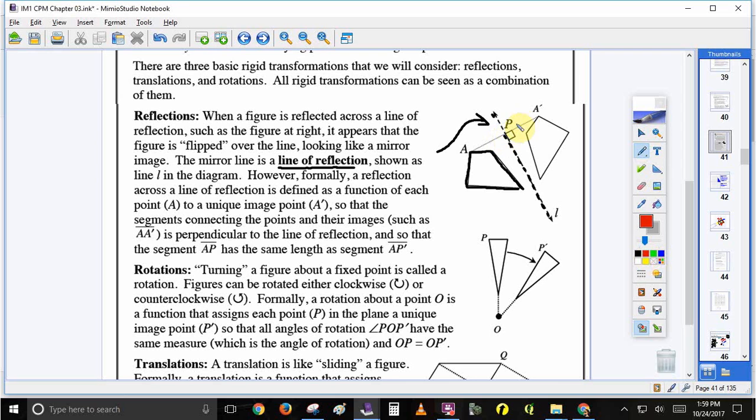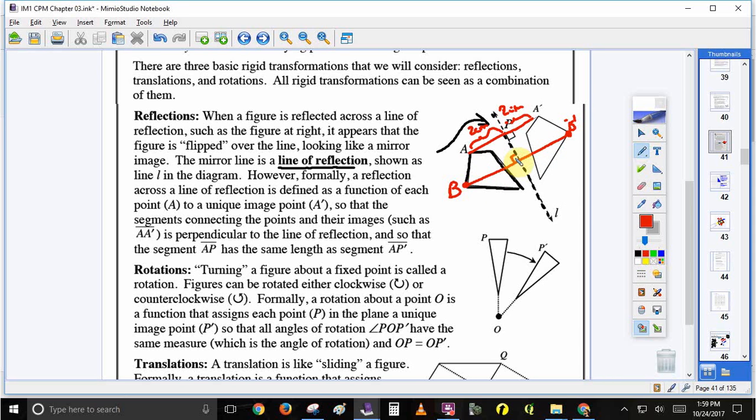What that means here is that if we take a look at this line that goes from point A to point A prime, this distance here on the left of the line of reflection, if it was 2 centimeters, say, then on the right it would also be 2 centimeters, and those distances are equal for any points in the figure. So if there was, say, a point B here and a B prime over here, and I connected those with a line that went perpendicular